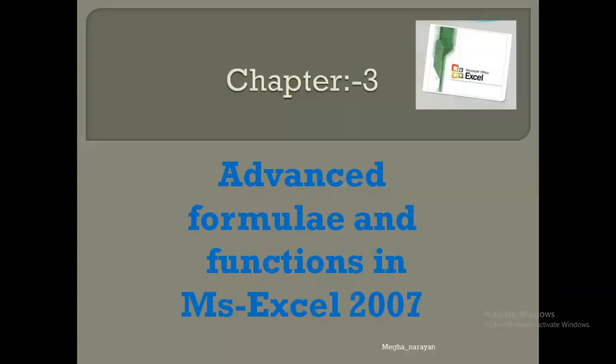This chapter is actually divided into two parts. There are two videos for this chapter. This is part 1, while there will be part 2 as well. You are supposed to check both of them so that you can understand this chapter properly. The name of this chapter is Advanced Formula and Functions in MS Excel 2007. In this chapter, we will be working on MS Excel and learning various sorts of advanced formulas, and at the same time understanding the concept of a function, how to use it, and what the types of functions are. So let's start.